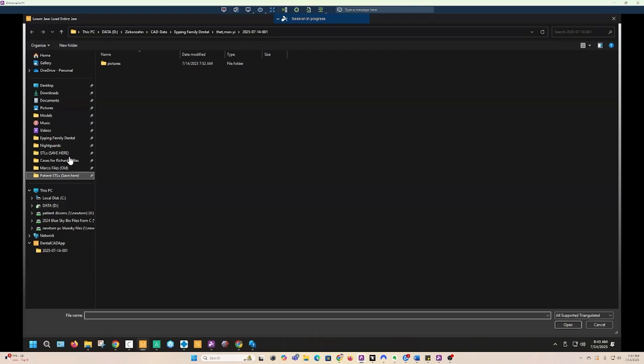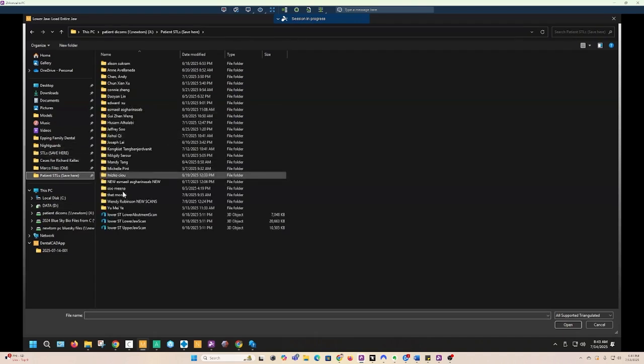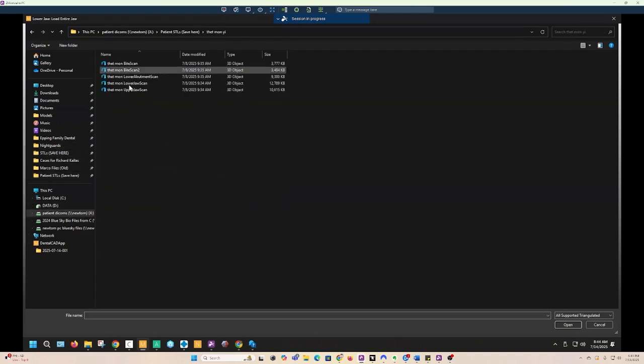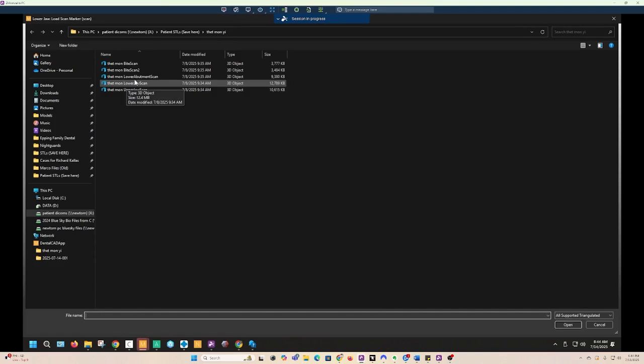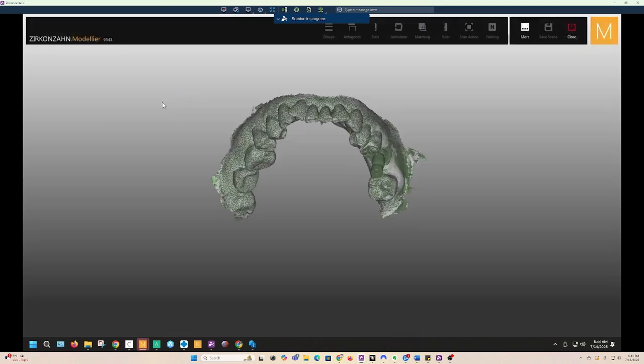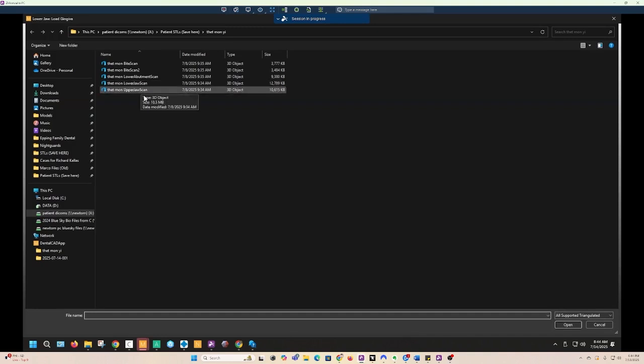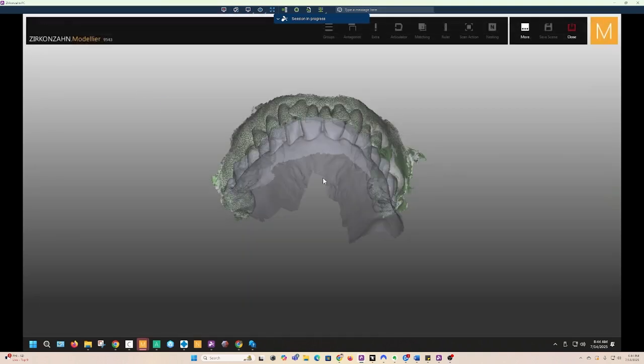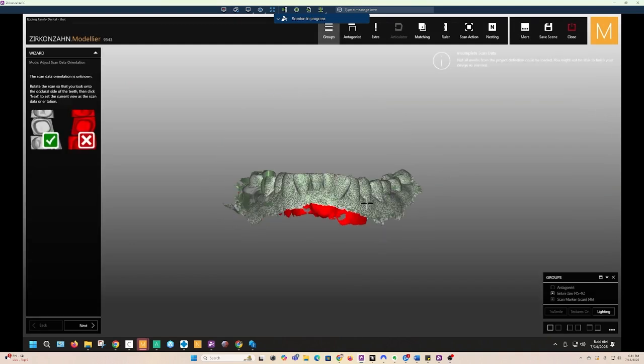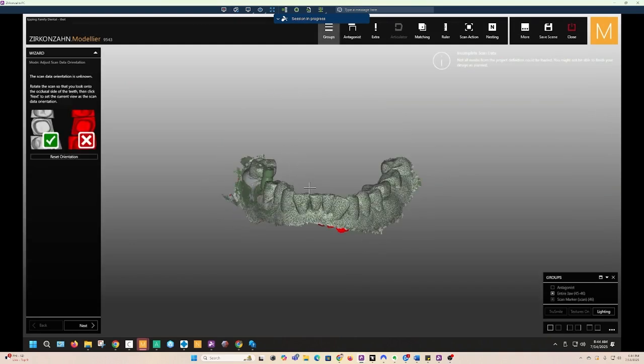Now we're going to go to, yep, tooth 1Y. I'm going to go to lower jaw, then lower jaw scan body, that one. Then gingiva, I just press escape. Then upper jaw. Okay, so